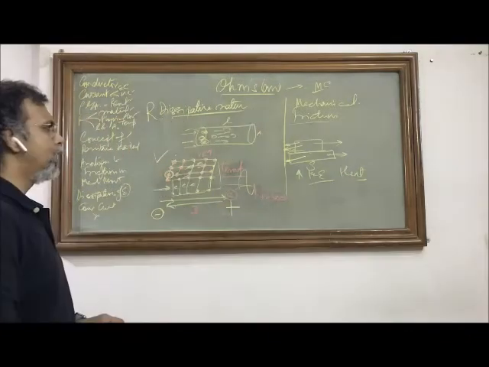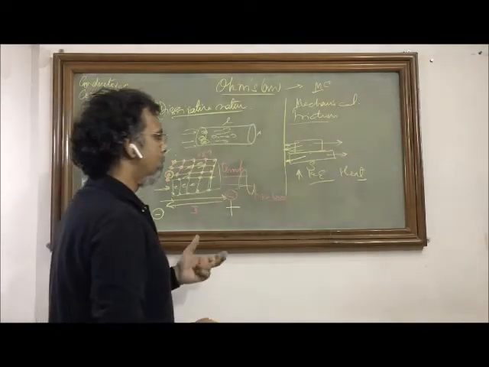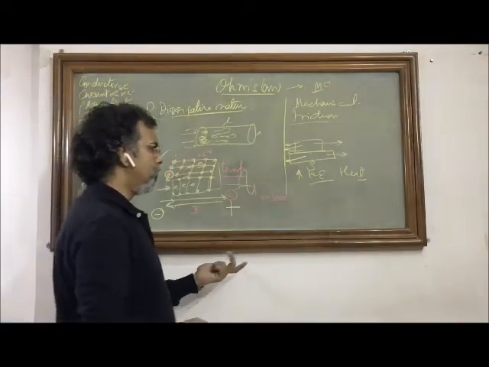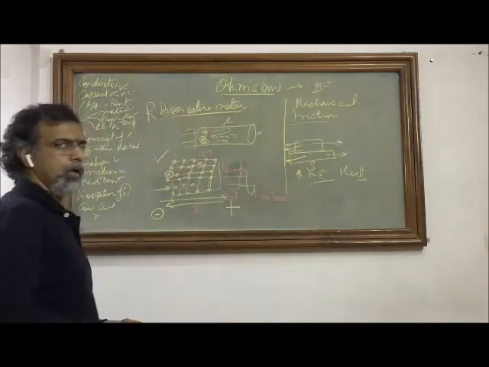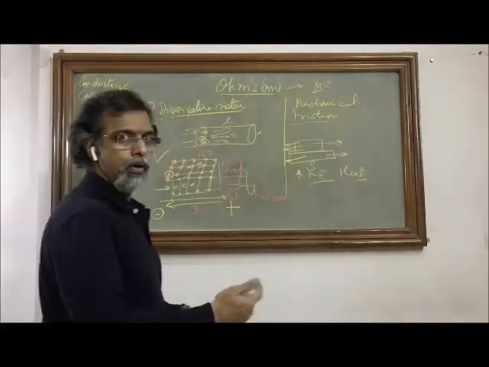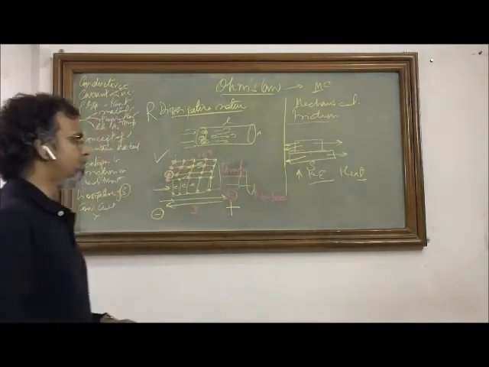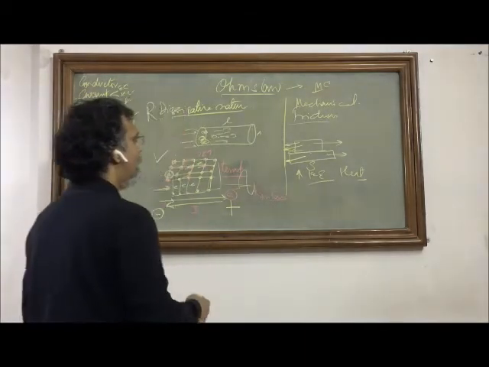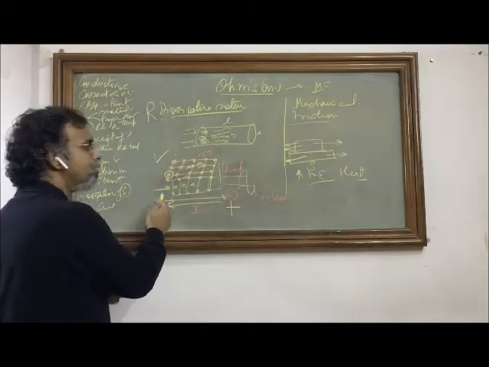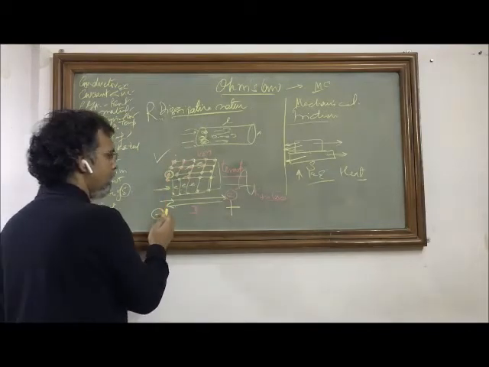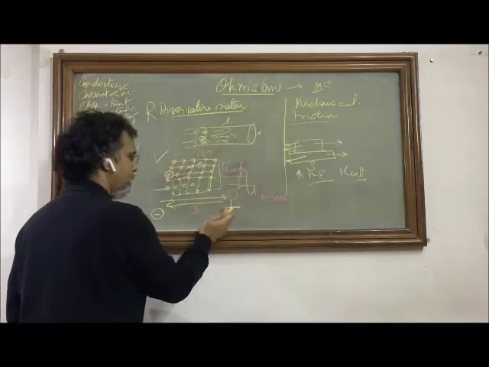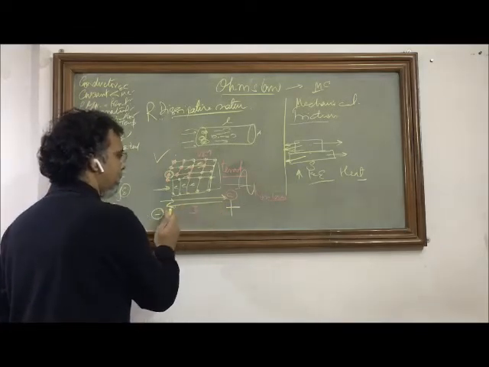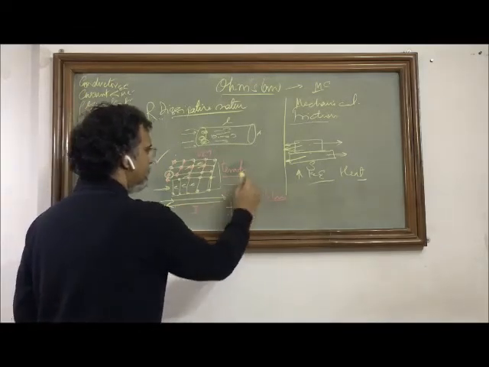A very common phenomenon that we find is when we run on a treadmill, or the tire of a car gets heated after some distance of running. All these things are based upon friction, and in the same way here, as long as the current is flowing, it doesn't matter whether the current is moving in this direction or in that direction, or changing its direction after every complete cycle, like in the case of AC.